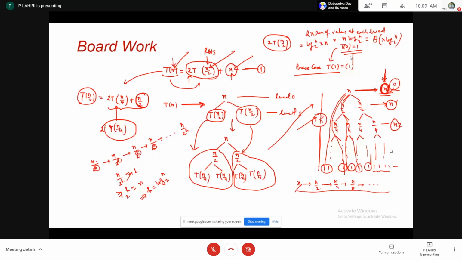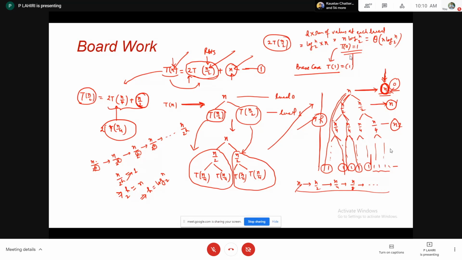Here all paths are the same because the terms are the same, n by 2 on each side, n by 4 on each side. So whichever path you follow, you will get the same cost. In this way, find the relationship with the level, map it to the base case, calculate the level, then multiply. Simple. This is one trick. Shall I go for another example by which the concept would be more clear?